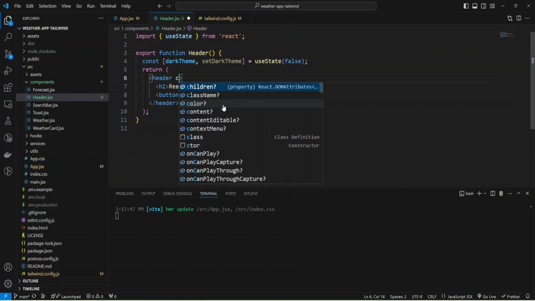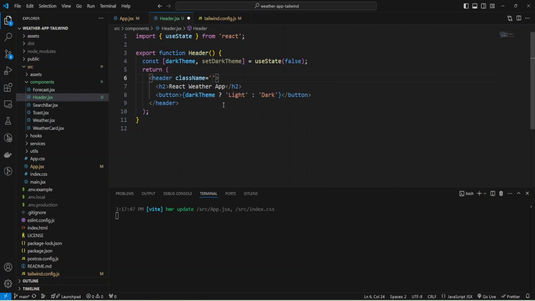I'm going to add a class name to header and add flex and provide justify-between to align content and make items center, to align items by center, and let's make the background white.